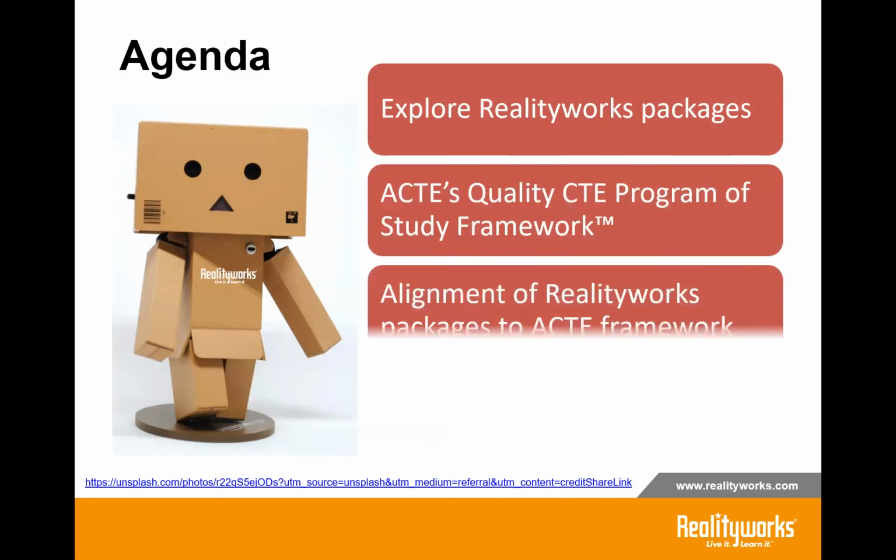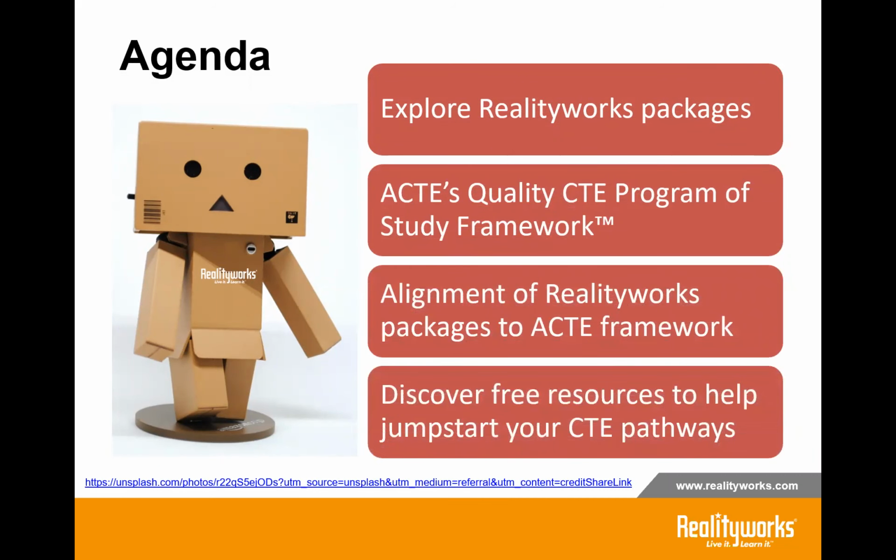Today, I'm going to cover 4 things pretty briefly, since this is a brief webinar. An introduction to our popular pathway packages, a quick refresher of ACTE's Quality CTE Program of Study framework, how our packages align to this framework, and then we will share some free resources to help you start or refresh your